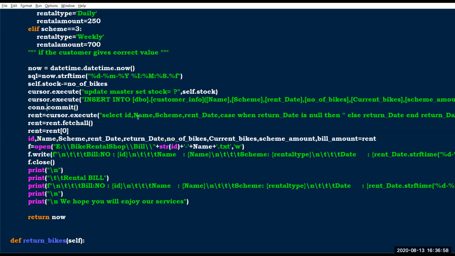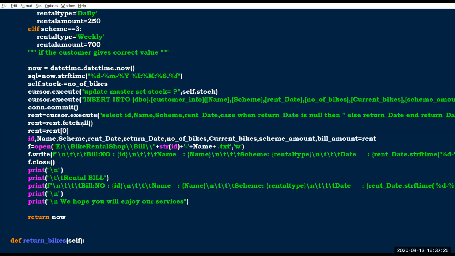Then after that I'm using this line, the inserted row. The inserted row values, or the entire row, will be obtained by using this query.